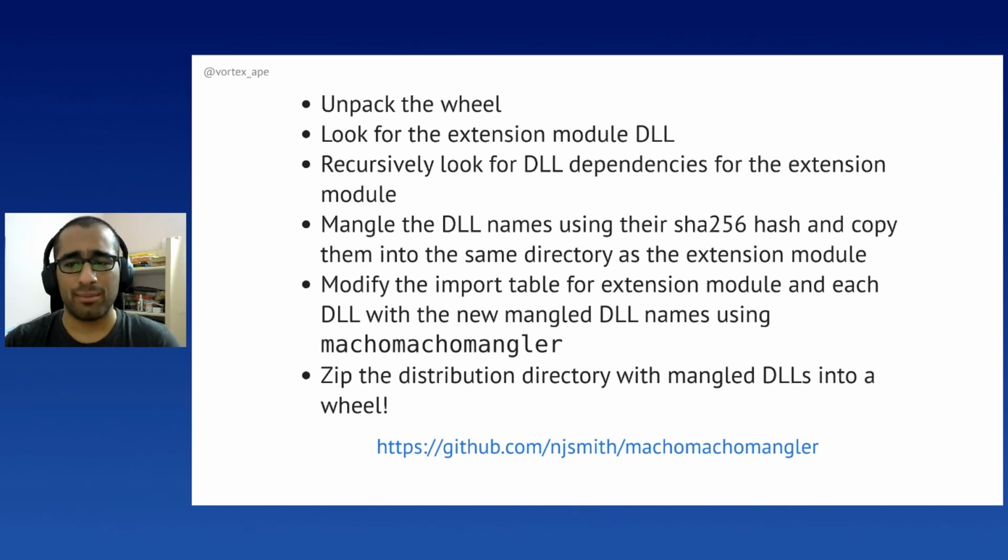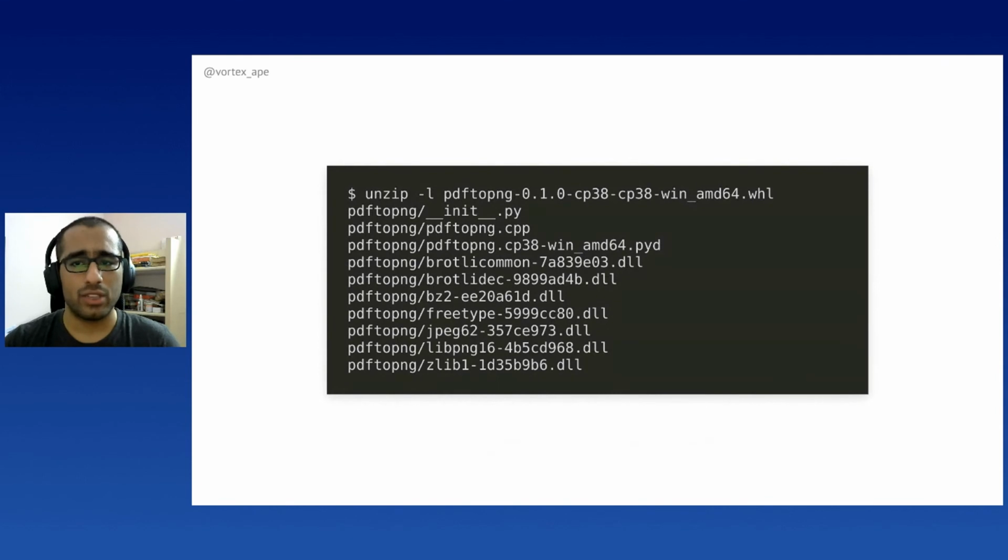It should then modify the import tables for your extension module and each DLL using a library called macho mangler. And finally, it should zip everything again into a wheel. This is what the Windows wheel looks like after those steps. You can see that the DLL names are mangled with their SHA-256 hash, and their import tables are also updated